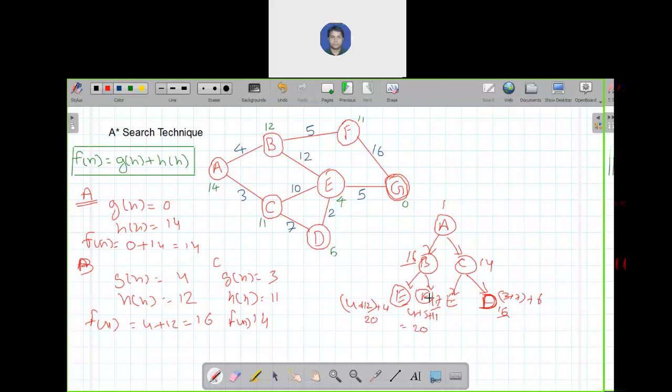Now you can see we have 4 terminals. E from this path is taking 20 cost. F is taking 20. For the other path we followed, the value of this terminal is 17 and this is 16, which is less. So we'll explore D. From D there is only one path, which is E.